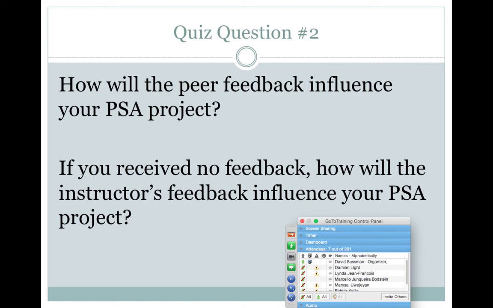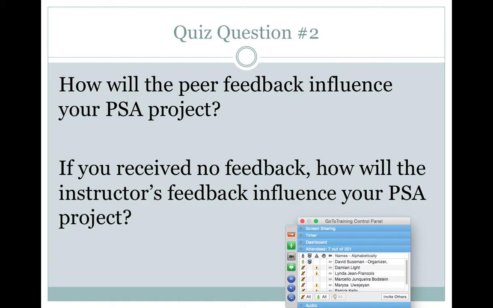Okay? Most people are okay in this area, but some people probably needed some help. These are the things I focus on the most, but other people might have mentioned, you know, there might have been a specific piece of evidence that seemed missing. There might have been a discussion point that seemed a little bit confusing or fuzzy. So don't rule out those things either. But if you received any big picture feedback, that's obviously important. The direction your PSA will take.